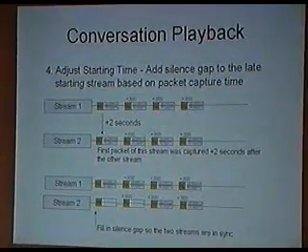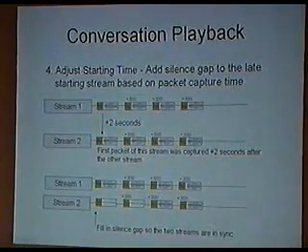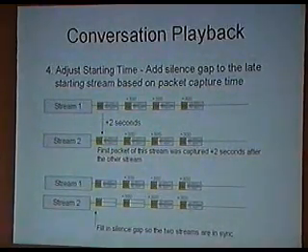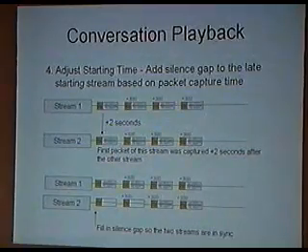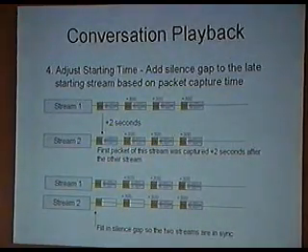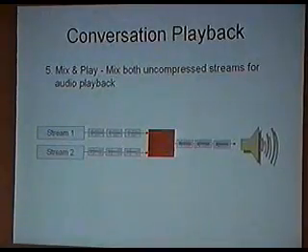So we compare those and we figure out how much silence we need to add, and we go ahead and add that to the second stream. So where are we at right now? We've got our reassembly of all our packets. We decompressed all the audio. We filled in the silence gaps in between all the packets in our link list, and now we've just adjusted